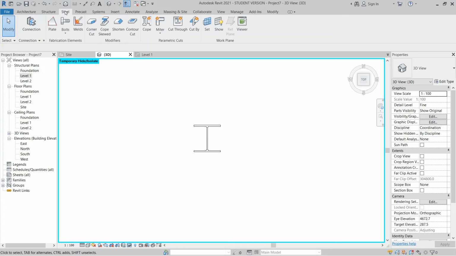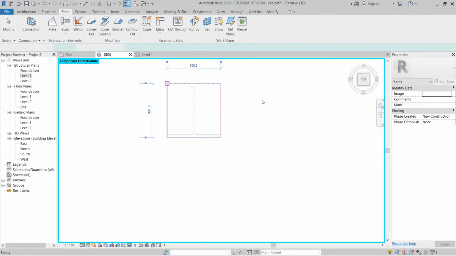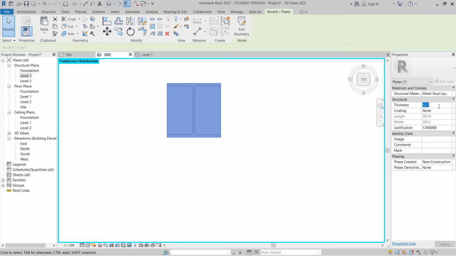Go to our stair tab here, add for flat, go to rectangle. I start add from here until here, then I just hit finish. I want to change the thickness here to 25.